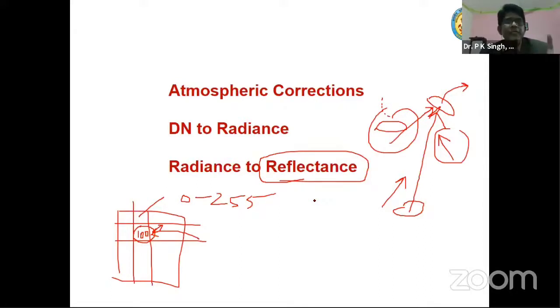But nowadays, luckily, reflectance data is also available for most of the data. You can download the reflectance data directly, or simply send one mail. Suppose you are downloading OLI data, ETM data from NASA. If you write an email saying I am interested in the reflectance data of that particular area, in one day the system calculates and sends it. Otherwise, using metadata information, you can convert DN data into radiance and radiance into reflectance. That part you have to study.